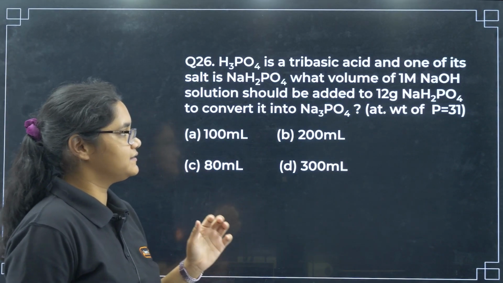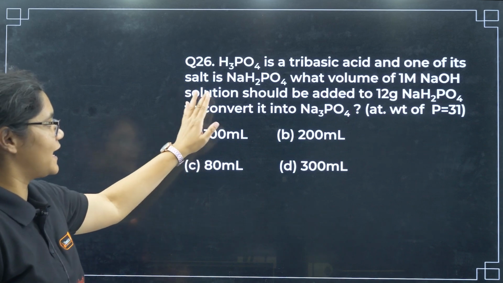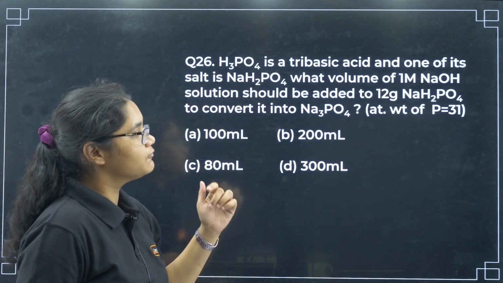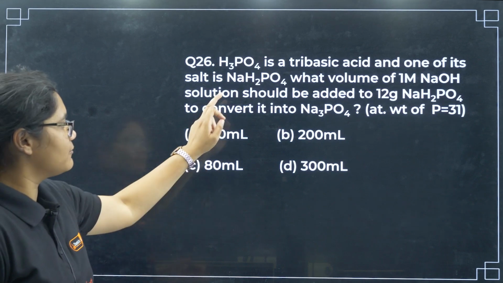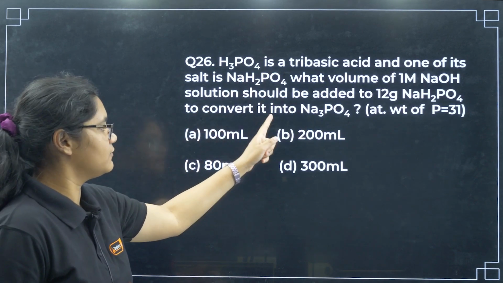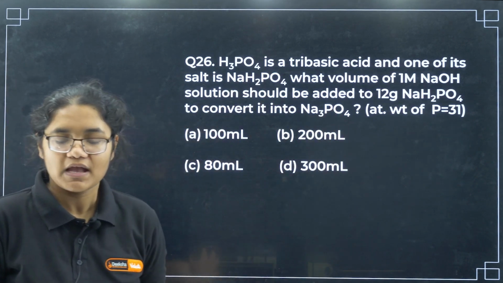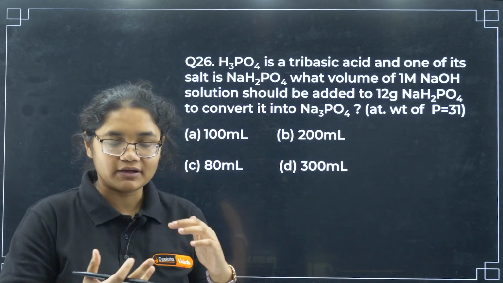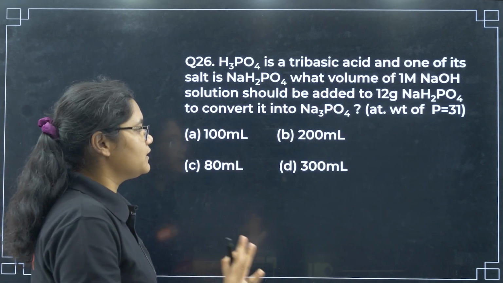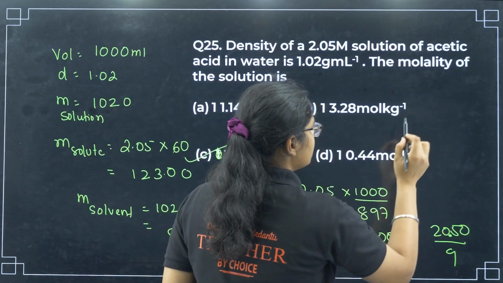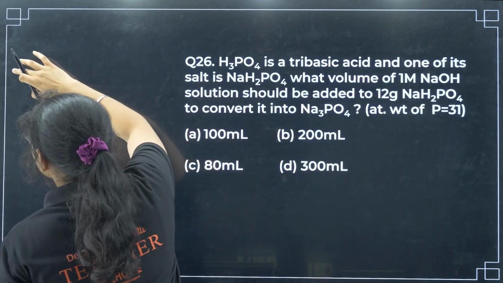Now let us see the next question here. H3PO4 is a tribasic acid and one of its salts is NaH2PO4. What volume of 1 molar NaOH should be added to 12 gram of NaH2PO4 to convert it into Na3PO4? This question might seem very difficult in terms of language, but understand it very carefully. So what basically you have to do is convert,